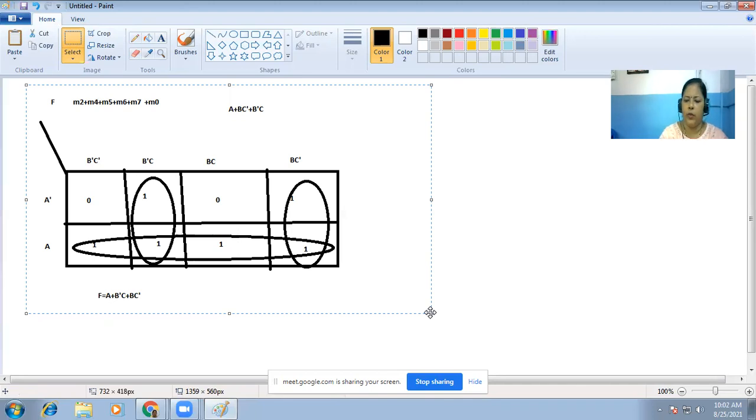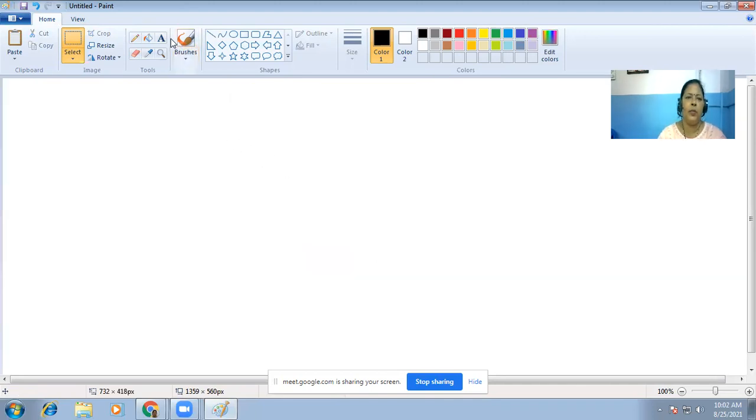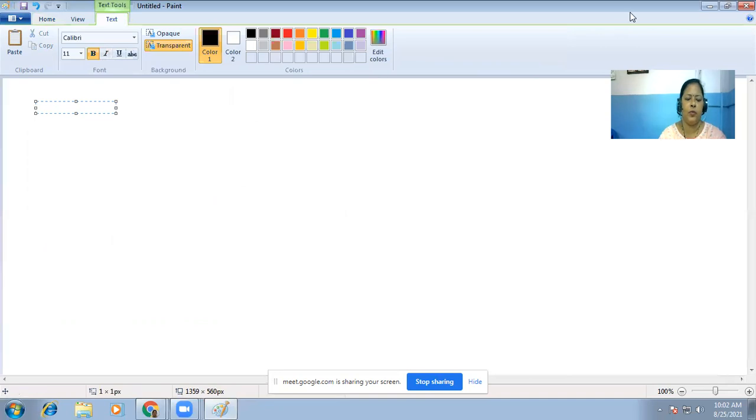Now we will do 4 variable simplification. In the case of a four variable expression, most of the time you will find the function is given in min terms, because otherwise for each and every term we have to write four different variables.